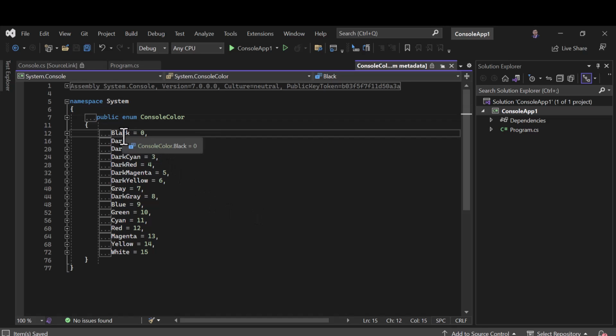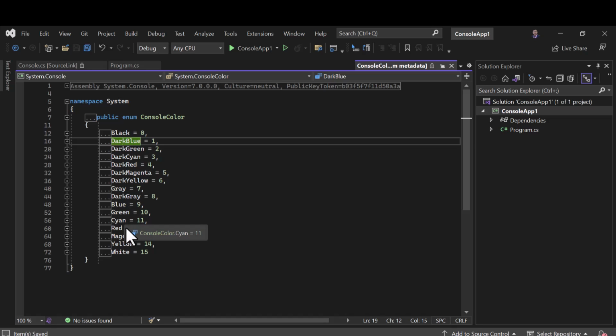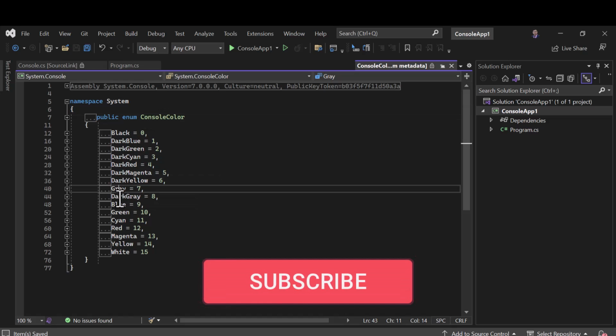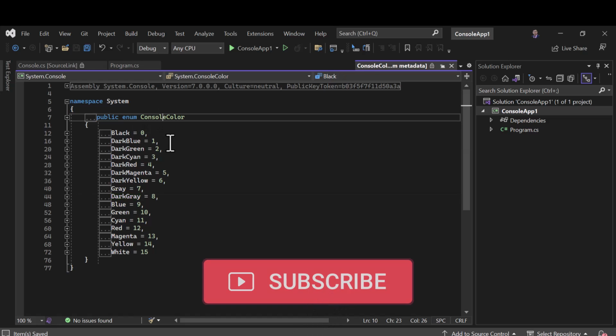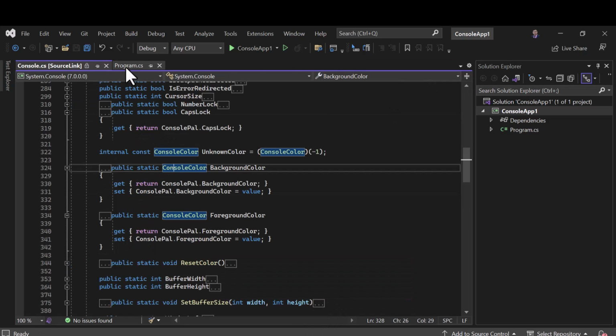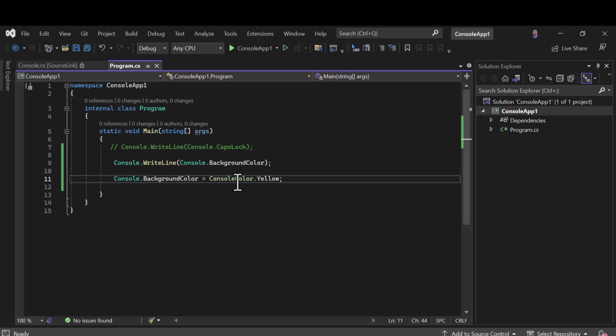Here you will see there are so many colors and you can use any one of them. How to do that? Console color dot dark blue, console color dot gray, dark gray, whatever color you want to use, you can use it from this console color. And that is what I have written, console color dot yellow. Now let's just run this application again,